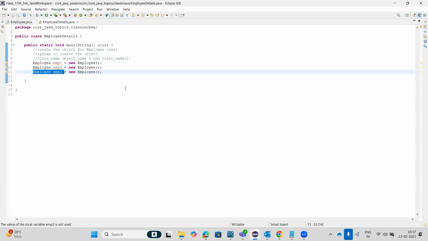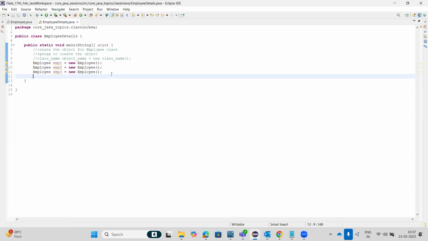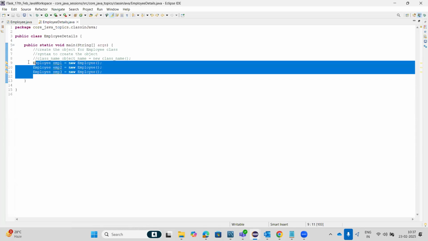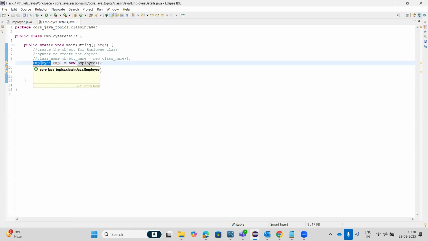These are all objects. Can I say employee 1, employee 2, employee 3 are a group of objects? So which class? Employee. So as per the definition of a class, a class represents a group of objects